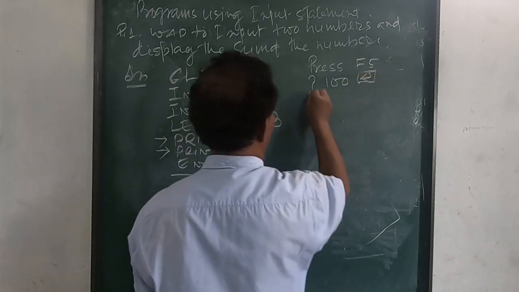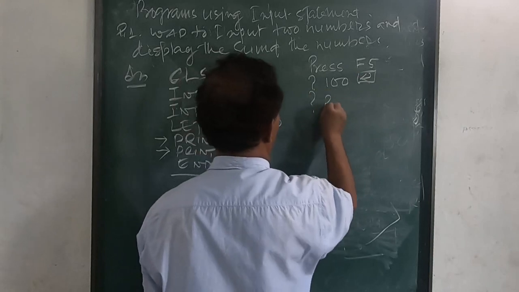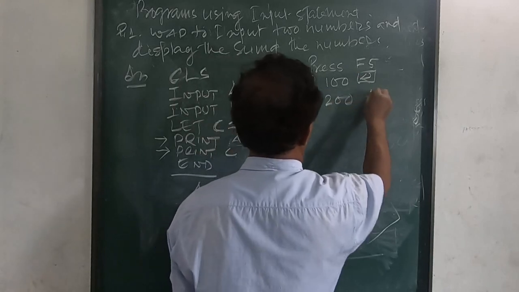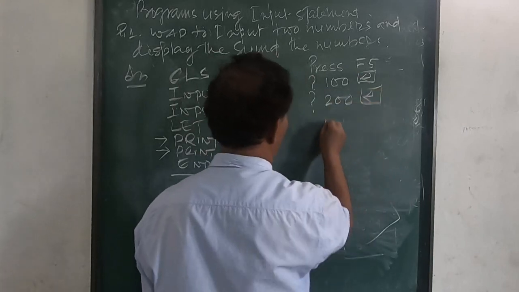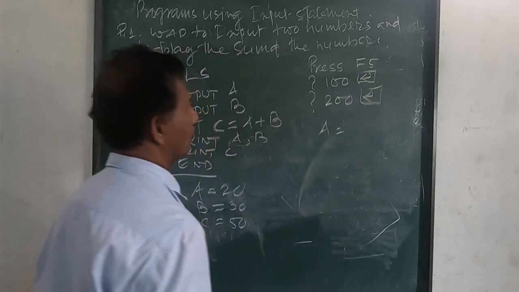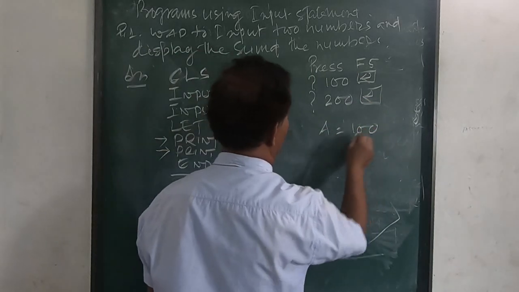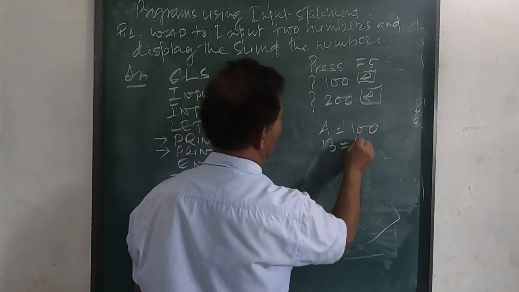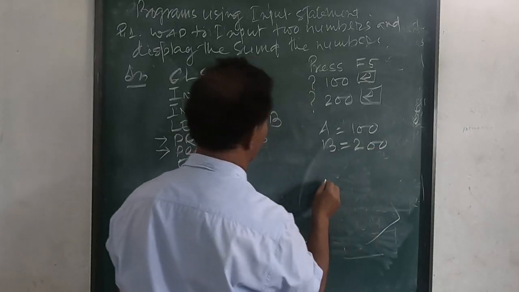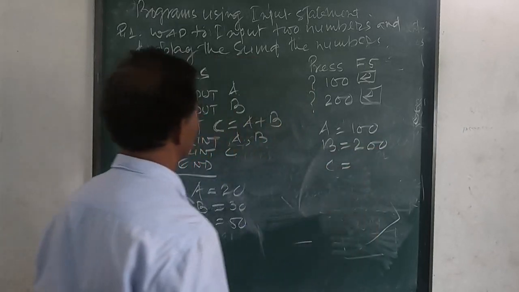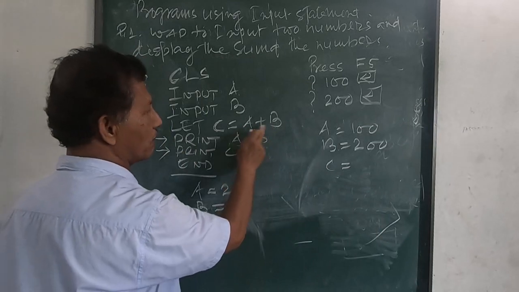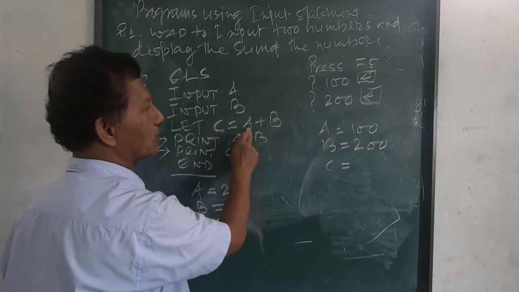Press enter key. Next time, at the question mark, you write 200. Press enter. This time A means 100, B means 200, and C means A plus B, that is 100 plus 200,